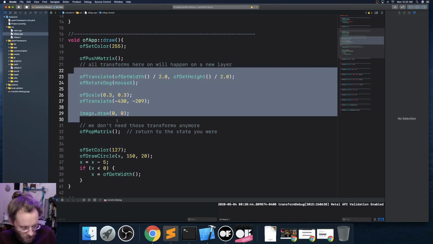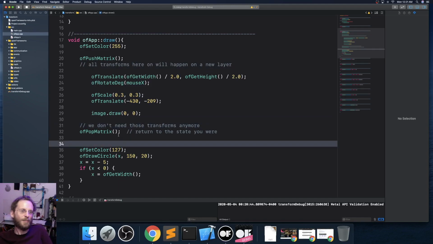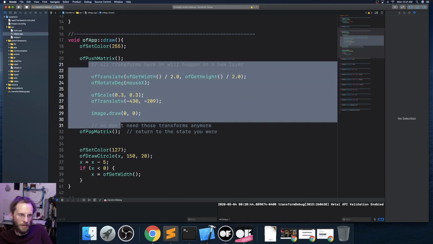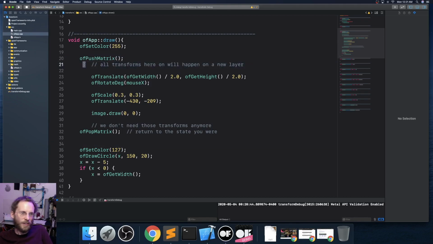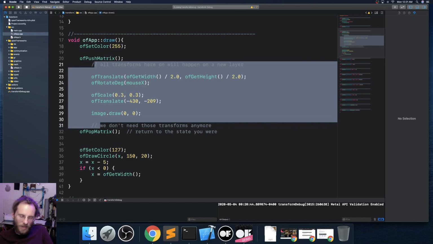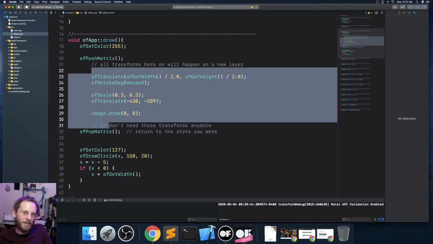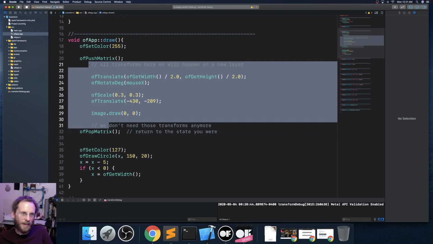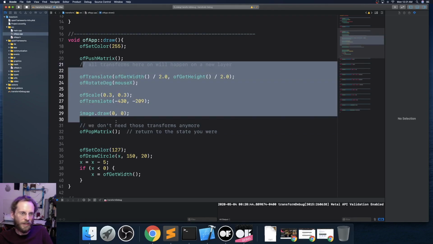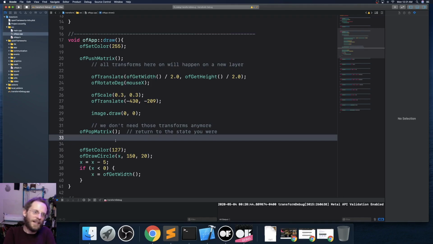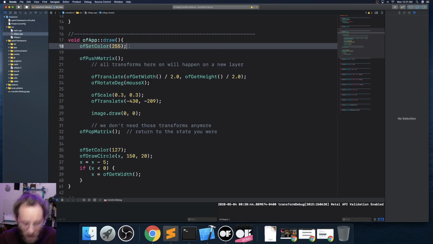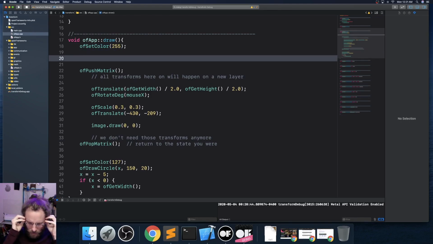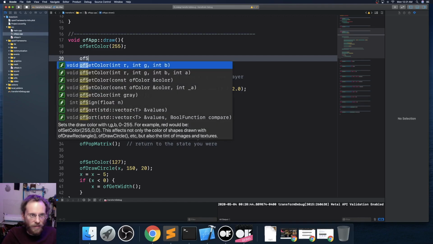One thing I do in my code, just to clean it up a little bit, which I've seen before in C++ OpenGL code: once you have a push matrix, just tab everything in until the pop matrix. Not many people do that, so don't listen to me. Try it out, and if you don't like it, just leave everything like this. But it's kind of nice because it helps me keep track of where I am in the matrix stack. And when I say matrix stack, I mean that we could say ofScale